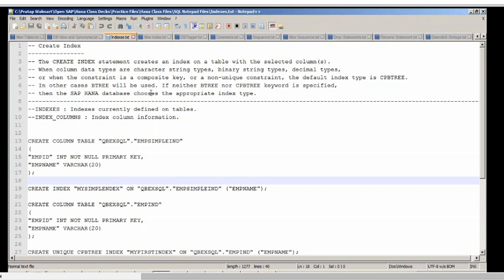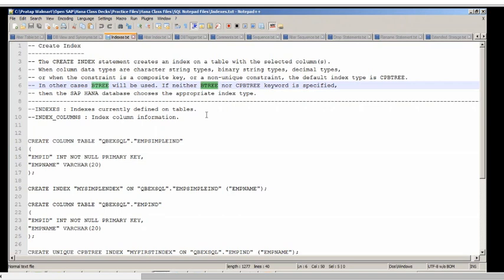Because in a column store, each column acts like an index itself. If you still want to improve performance, then you can go with indexing. Now, when it goes to indexing, it can create either of these two: B tree or CPB tree. We'll come to that, but look at this now. It uses what? B tree and what? CPB tree.